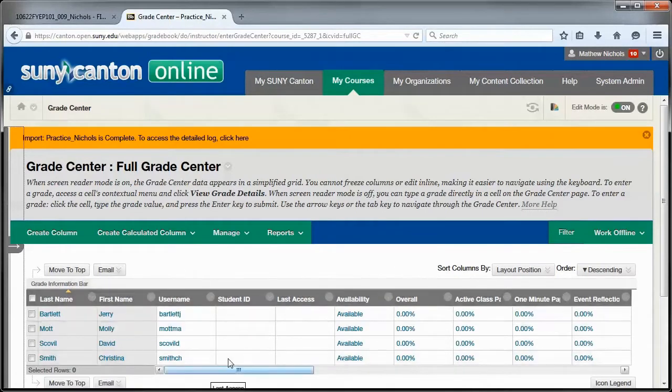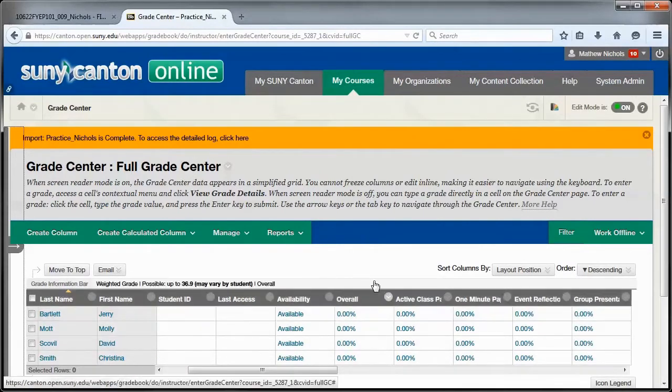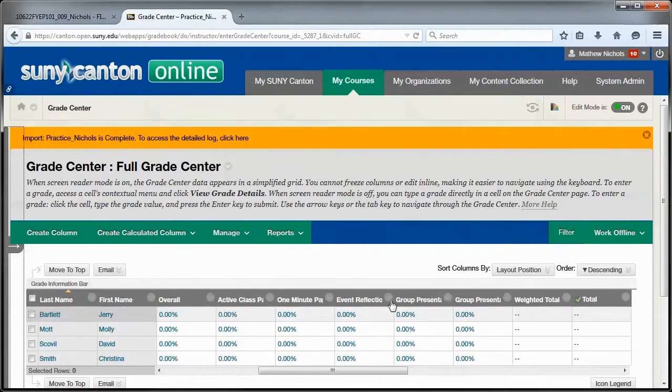So here we have our student names, but the overall average for the class is stacked to the left, and the categories, the overall average for the categories, are stacked to the left as well. The assignments then are stacked to the right,